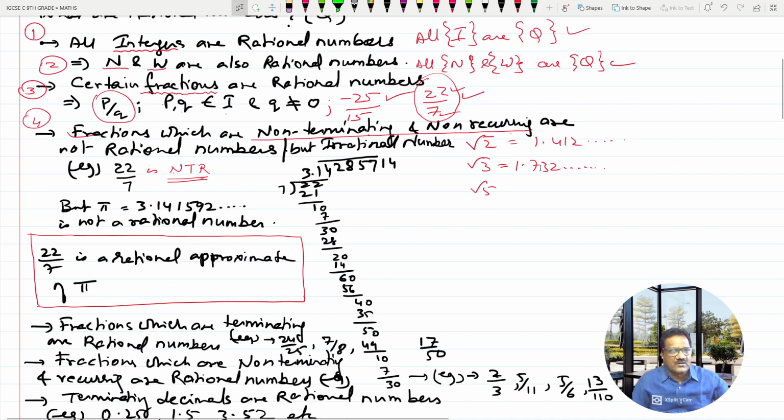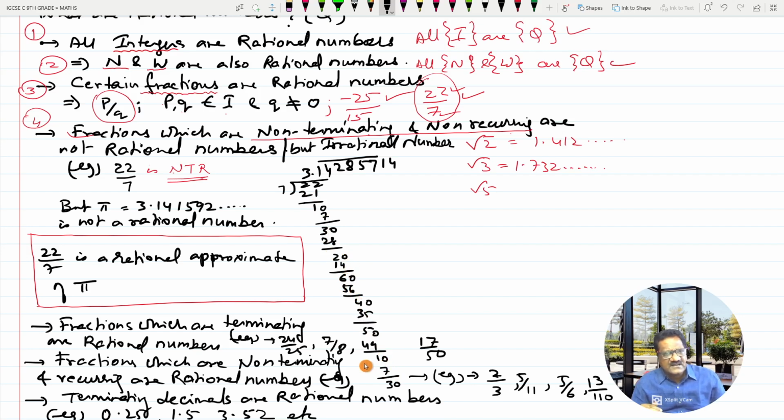I have tried to work out 22 upon 7. Can you see this 22 upon 7? I told you that 22 upon 7 is a rational number. Now I am justifying my statement. If you go for division, 22 divided by 7 will start with 3. 7 3s are 21. Remainder is 1. Then you put a decimal point and bring down 0. Then 7 into 1 will be 7. You'll get 3 as remainder. You'll take 0 again. Then 7 into 4 is 28. You'll get 2 as remainder. You'll bring down 0 again. That way, if you keep on going,